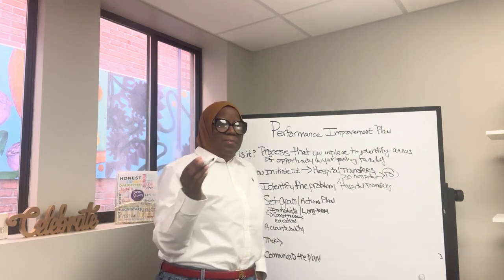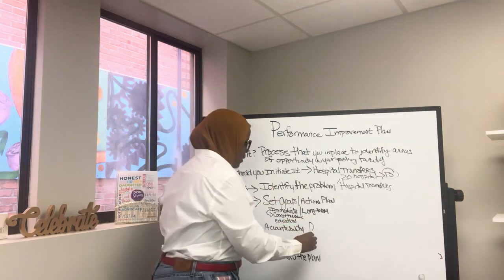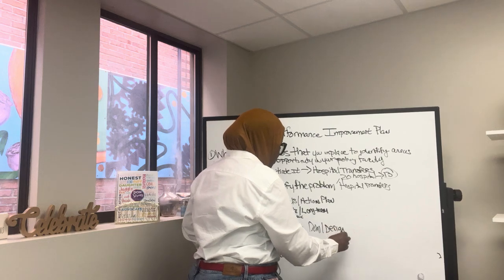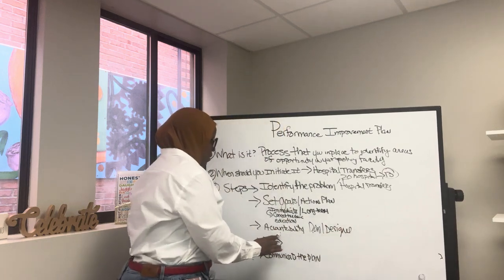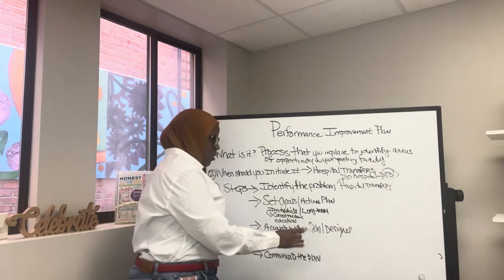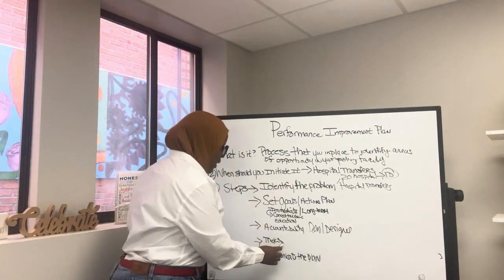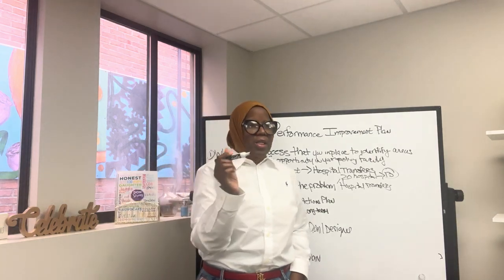You always need to have a backup, right, in case you're not there. So then it'll be DON/designee, right? Okay, why? Because we want to make sure that we have a backup so that the steps aren't getting missed, all right? And then tracking, like I said, when you first initiate your PIP, you typically do tracking like